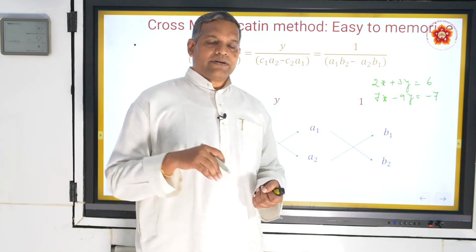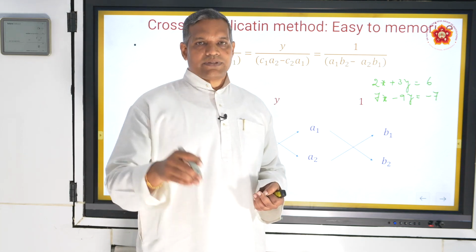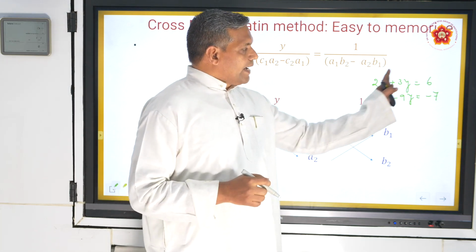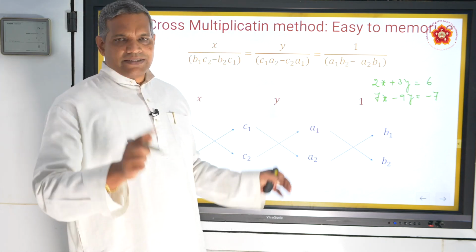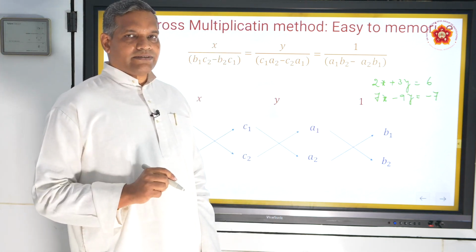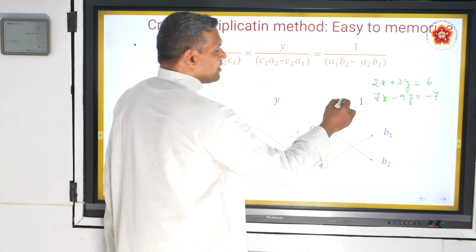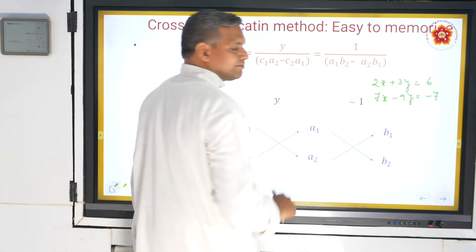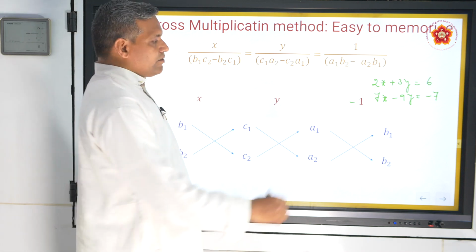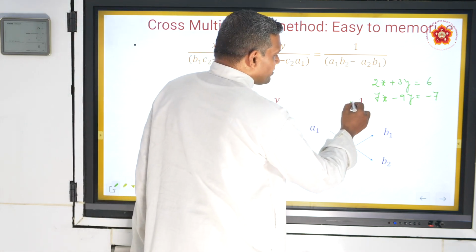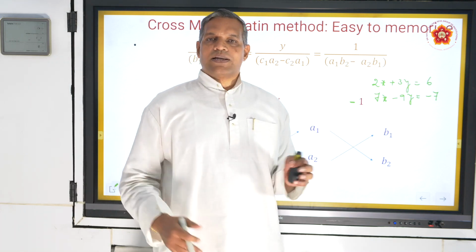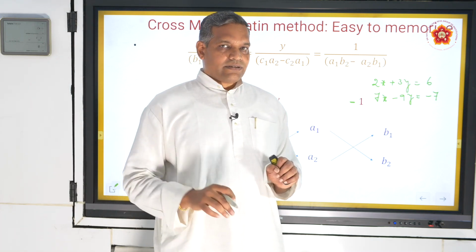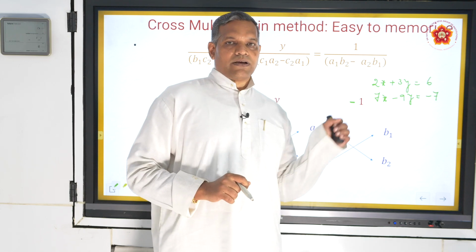In earlier CBSE or NCERT textbooks, the technique is given, even when the constant is transposed to the other side. You can use the same formula and same setting by making only one change. What is that change? Instead of 1 here, you just write minus 1 here. And here you can directly take the C1, C2 values as such. This trick is very, very helpful when you are solving the sums.